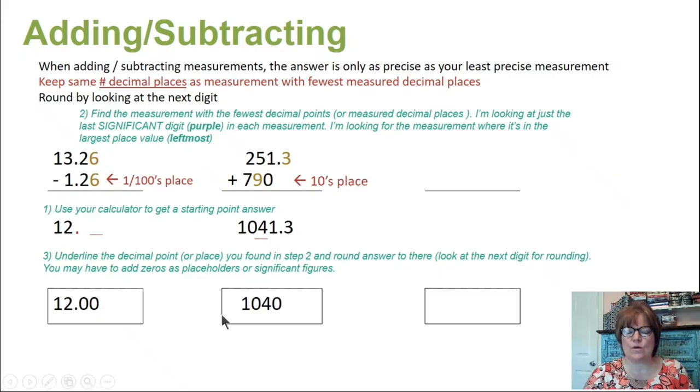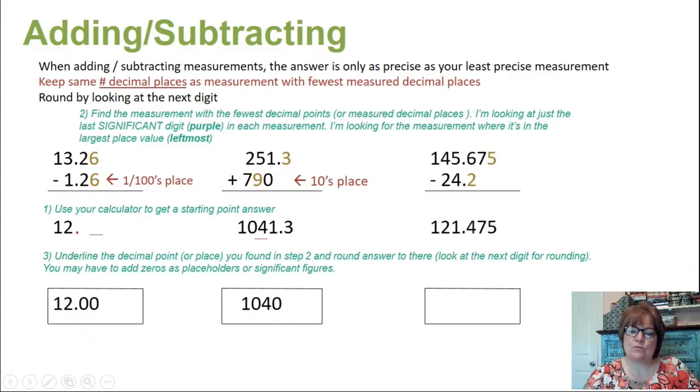So it's just going to go to 1040. Note that I have to keep the place value, so I'm going to replace the 1 with a non-significant 0. And I indicate it's non-significant by not putting a decimal point there. Last one,